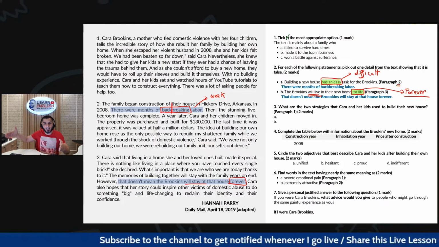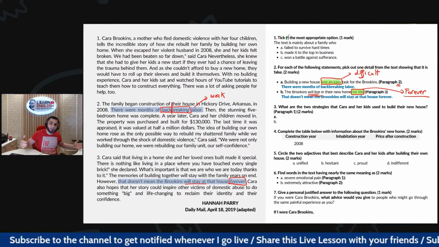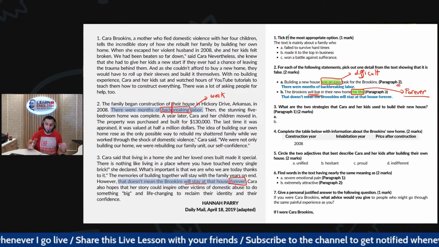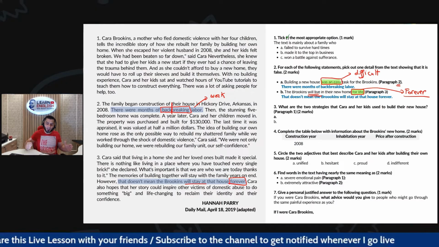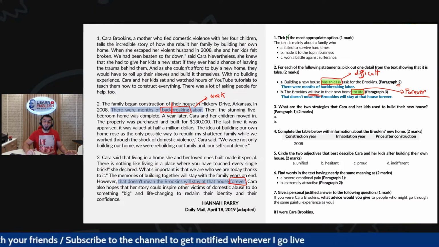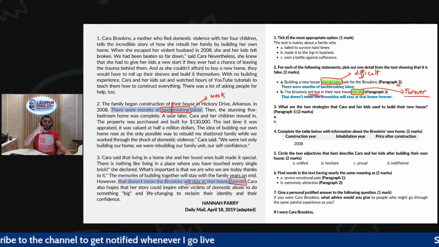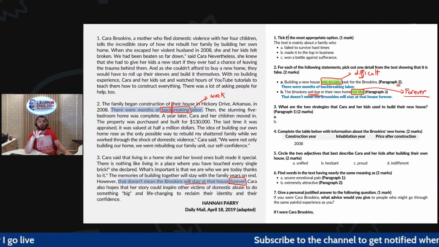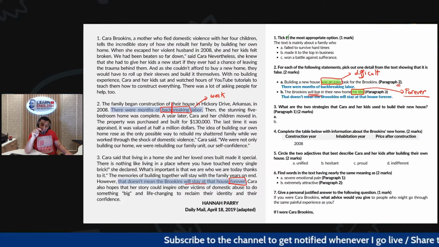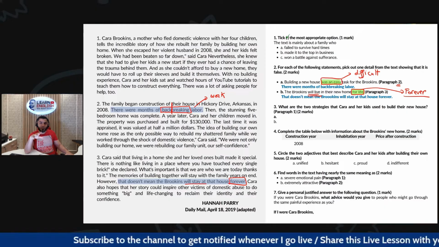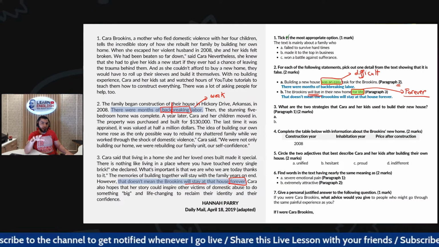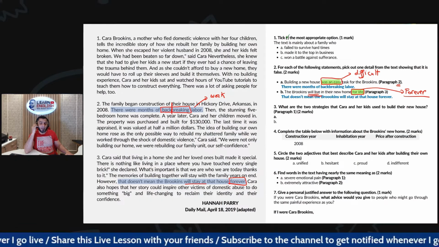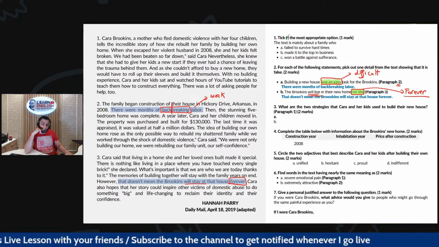I have not added other sentences before or after. So just the right answers. This is what you are supposed to do, and this is how you are supposed to answer. Is it clear? Good. Let's move on to the next question. So please, if you have other questions, write them down in the comment section below. And of course, after this broadcast and after this revision lesson, I'm going to answer all of your questions. So please write your answers in the comment section below.